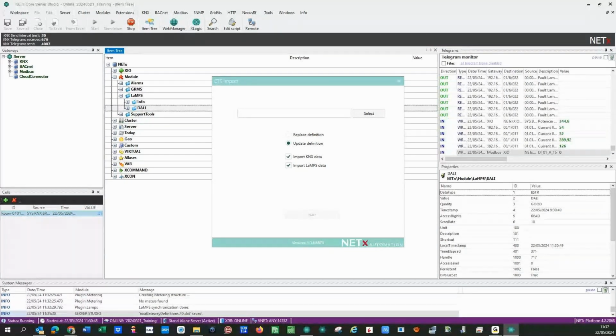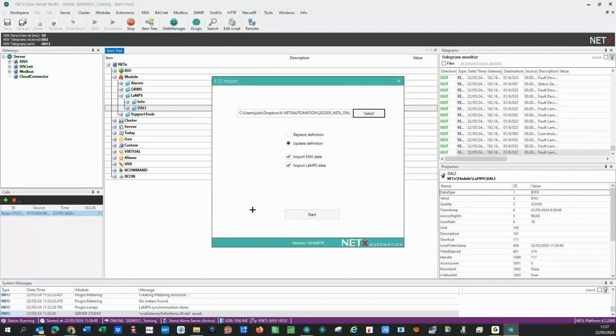Yes. That's it. Update definitions and it will work. Now it will work. To start the server, but